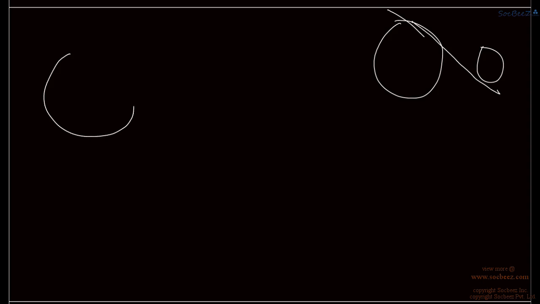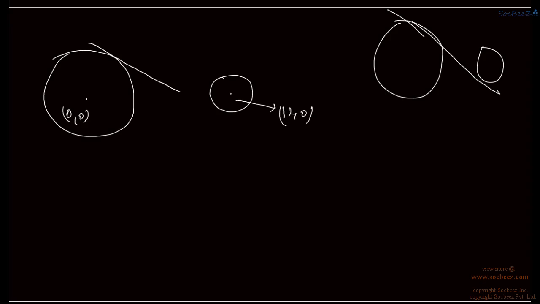Now we will be finding one of the transverse tangents, this tangent we are going to find out now. Okay. So we have the circles, and we know the centers of both circles, (0, 0) and (12, 0). Also we know the radii of the circles. So this is the tangent, our transverse tangent. This radius is perpendicular to this tangent, and this radius is also perpendicular. Okay. Let us join this tangent. So let us name this point P now.